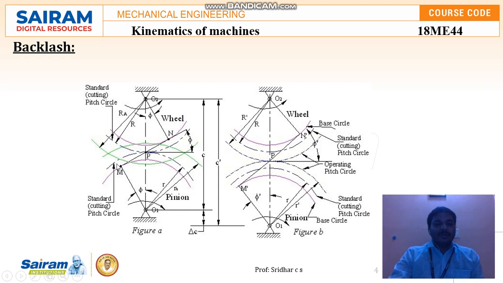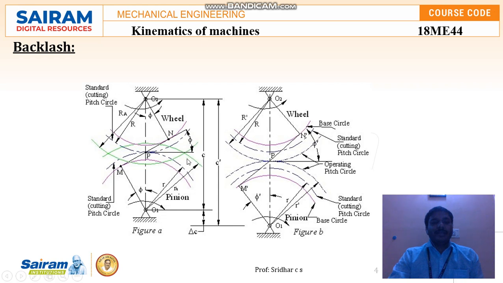Here you can see a point where a tangent has been joined at one particular point, where the teeth of the gear drives meet. Coming to the wheel: base circle, standard cutting pitch circle, operating pitch circle, standard cutting operating pinion. This is a wheel and this is a pinion. Both are rotating in opposite directions, in figure A and figure B. This is the tangent, the point where both the gears mesh at this particular point.